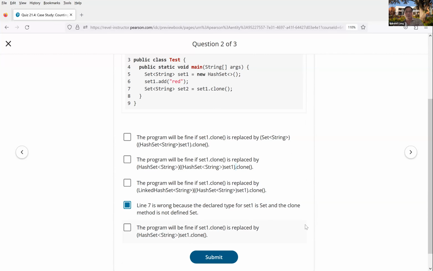This is not right. The program will be fine if set1.clone is replaced by, no, not this. Just looking at everything here seems to be,